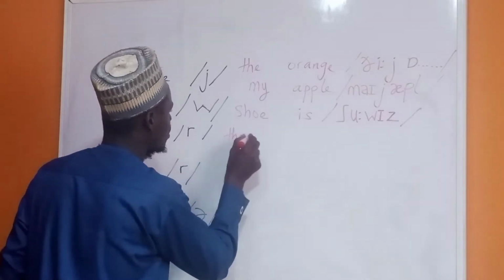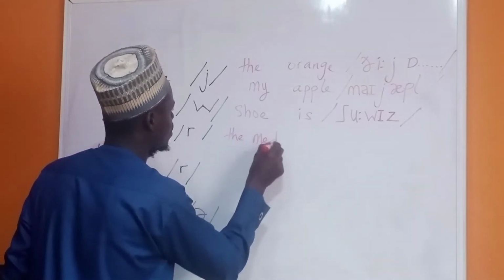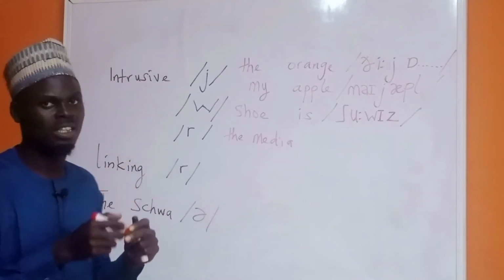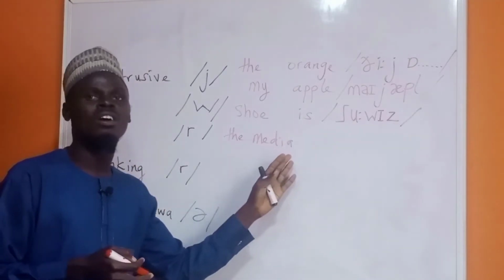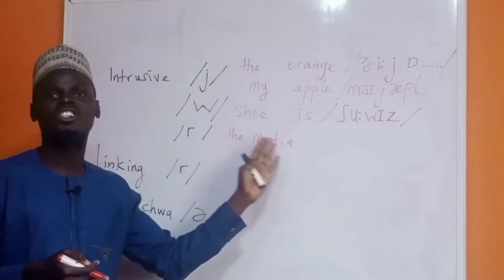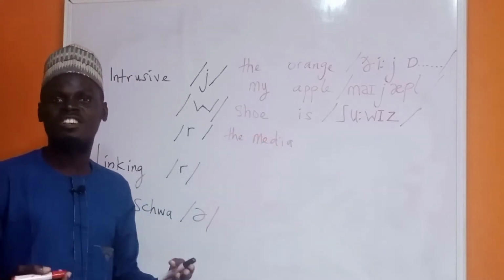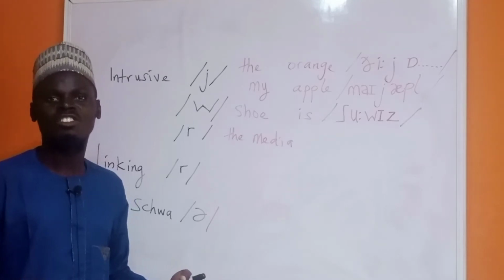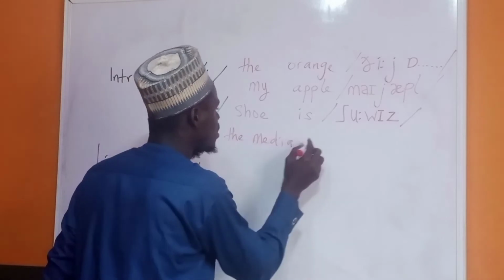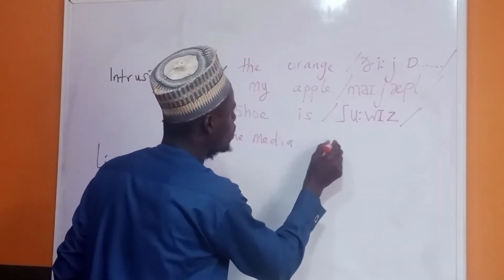The media. Most people will pronounce this 'a' as 'a'. It is wrong. It should be the schwa. The media, the media. My idea, idea, not idea. Okay? If you now say the media, then followed by is,